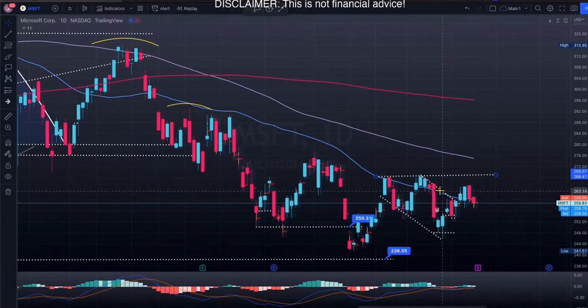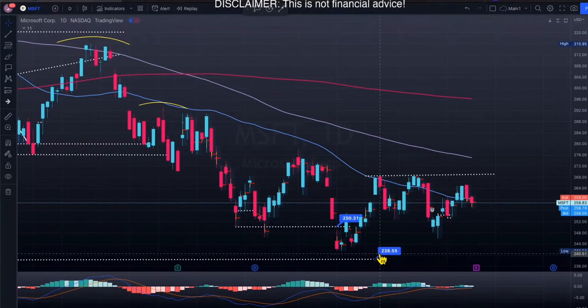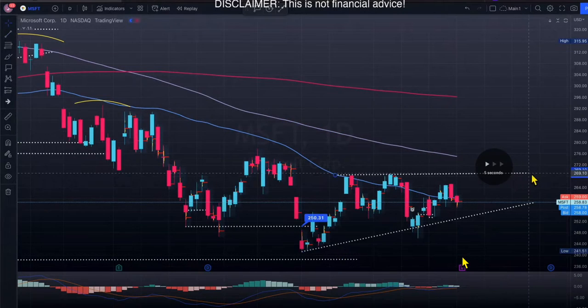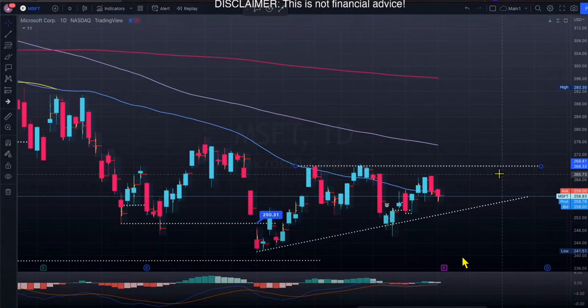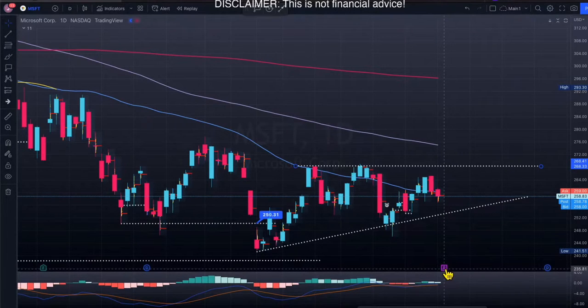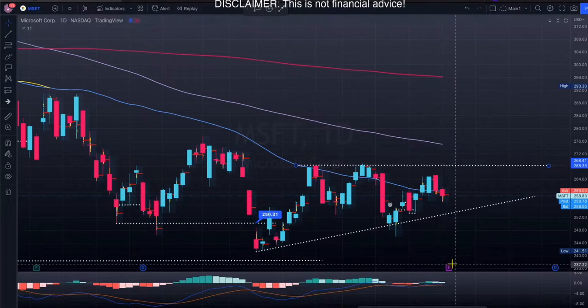Okay. So let me take a look at it right now. Microsoft. Okay. So this is our triangle setting up. This is the ascending triangle setting up, but we are not that far. We have the earnings tomorrow, right? So what exactly does it look like? I need to go and take a look at it. This is cancelled, the ascending triangle, because we have earnings tomorrow. Earnings is a catalyst. Any catalyst can change anything, right?